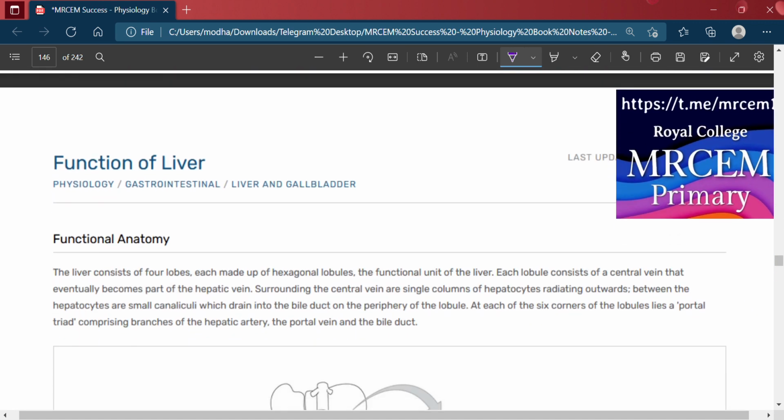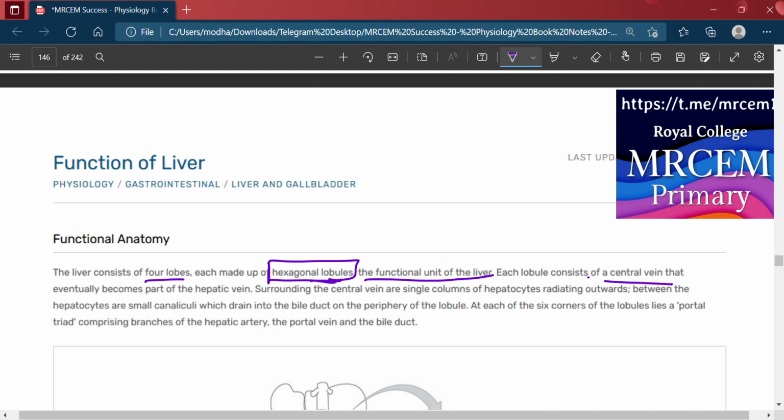Then, what is the function of the liver? So, functional anatomy. The liver consists of four lobes, which are made up of hexagonal lobules, which are the functional unit of the liver. Each lobule consists of a central vein that